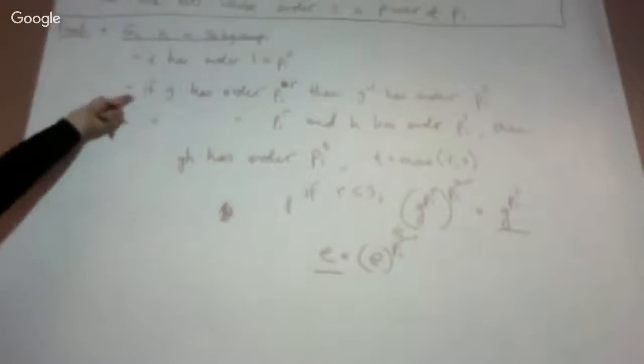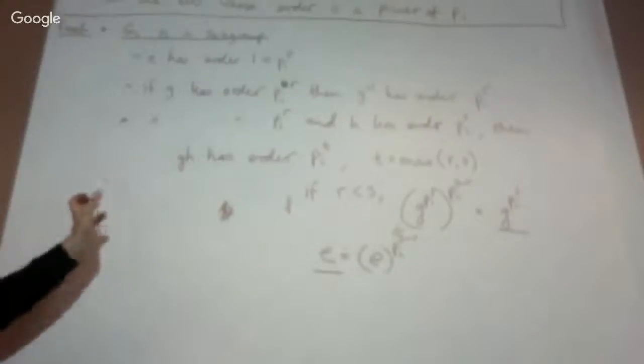Unless I'm missing something, in any case, I don't want to spend any more time on this. What we were trying to show is that each of the Gi is a subgroup, and it has the identity, it has all inverses, and it has all products, because if you have two elements, each of whose order is a power of p, then their product also has order which is a power of p. So we've proved that they're subgroups. And so then when you go back to what it looks like, you have to show that it's actually